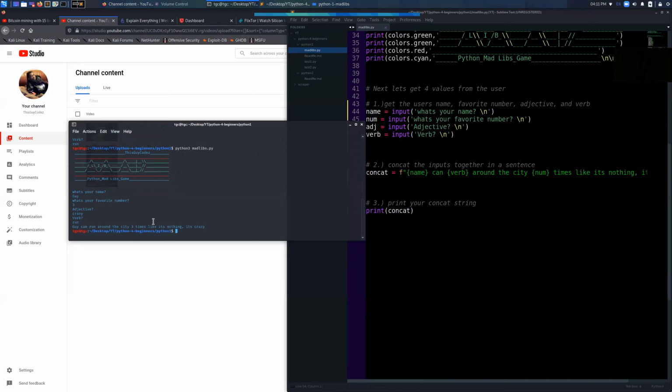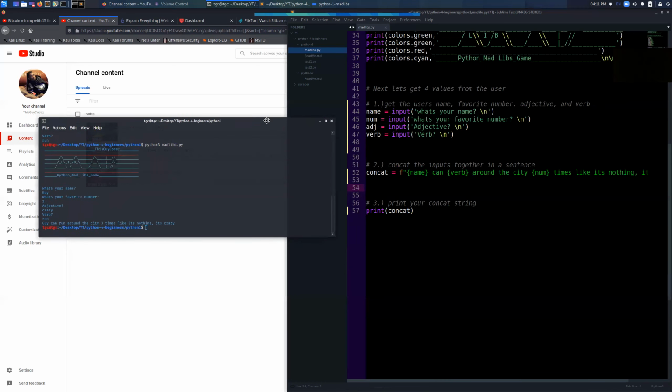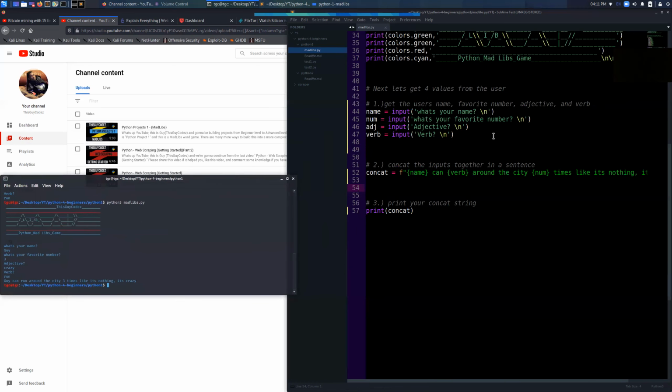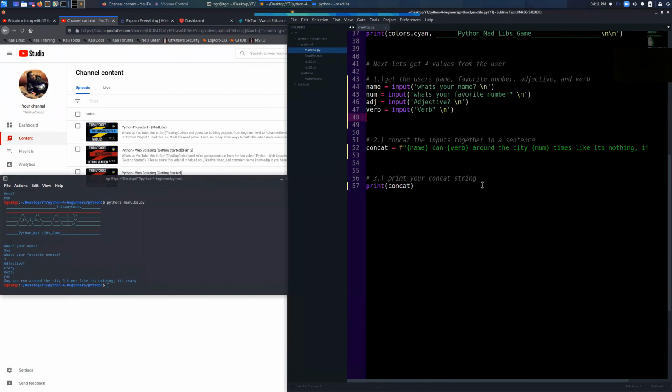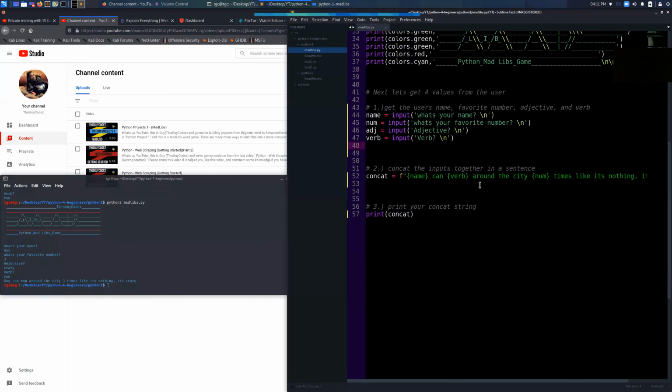Guy can run around the city 3 times like it's nothing. It's crazy. And that is a basic MadLibs game. You can put if statements into the mix, make it even bigger, even more complex. We're going to get into if